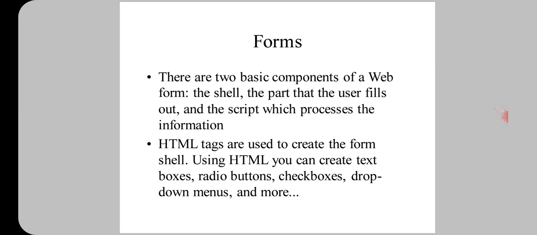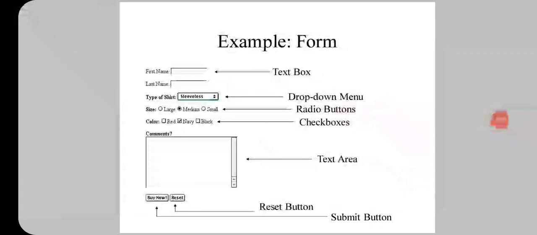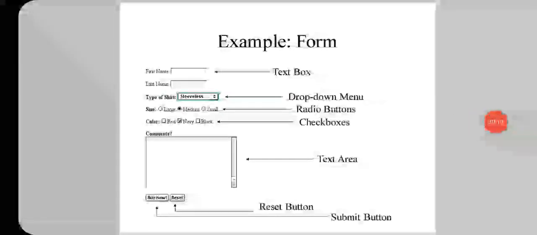Generally, forms have two concepts. First one is called creating a form. Second one is called placing some controls on a form to capture or to input some data or information. So this is the example. This is a simple example of creating a form.